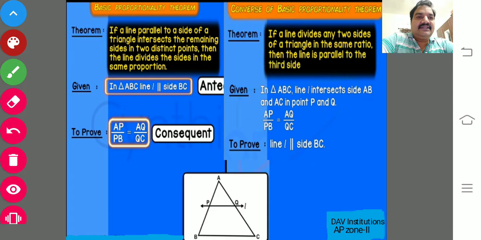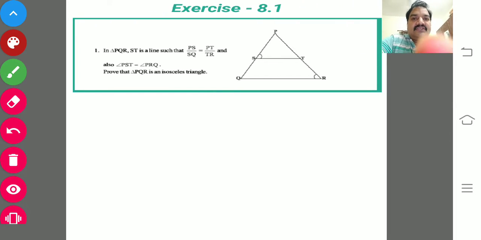So all the best, children. Let's make a start. This is the first question for us, and in this slide we will analyze the problem. First I would like to give some tips to you. When you see a geometry question, you have to read the question very clearly. When you read it, you will get a plan in your mind: how will you approach it, and what theorem or formula will you apply. So the first tip is to read the question properly, then you will get an idea.